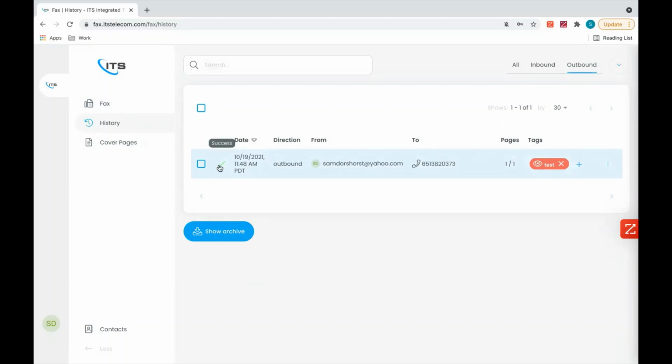On the left-hand side here, where this checkbox is, you will see the current status of that fax. So that shows in real time. As you could see there, once that fax was successful, that green check came through. And if for any reason your fax is unsuccessful, you'd see a red X. If I switch over to my inbound tab,